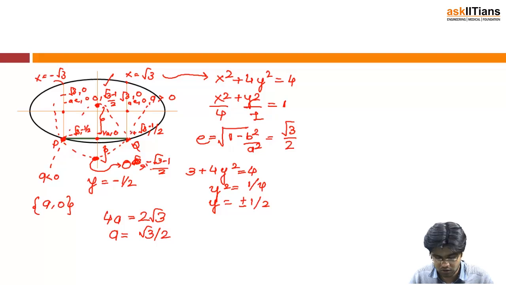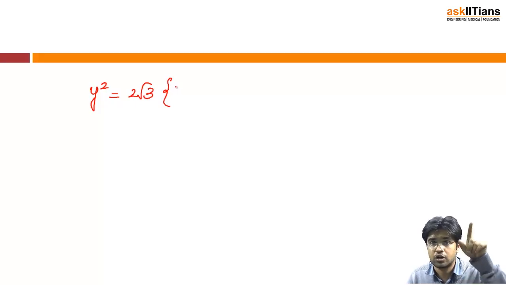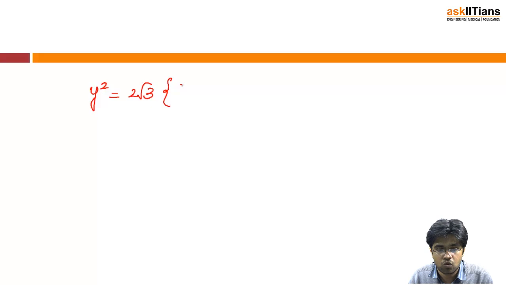What is 4a? 4a is the length of the latus rectum. So how am I going to write it? I am going to write it down as y square. Now I am not going to change y because the y coordinate of the vertex lies on the y-axis, is equal to 4a, that is 2 root 3 times, y square is equal to 4ax. How did I get this? Because I know that y square equals 4ax parabola is like this. It's concave upwards and facing up. So this is y square equals 4ax. So 4a is written, and what is my x?